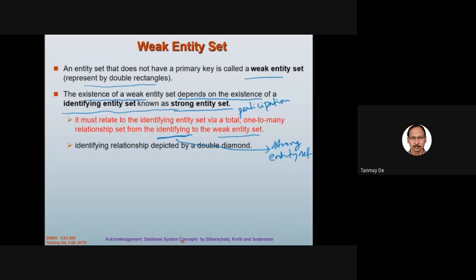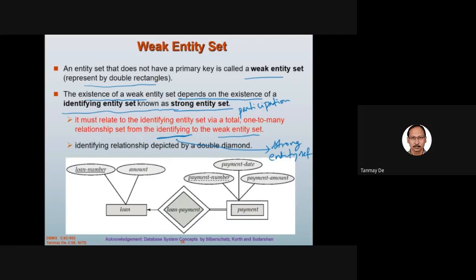and it's better if we show the picture or the ER diagram. You can see here the loan is the strong entity set, whereas the payment is a weak entity set. For that, it is represented by a double line rectangle. Is it clear? Double line rectangle means this is a weak entity set, and this is a strong entity set. Okay,